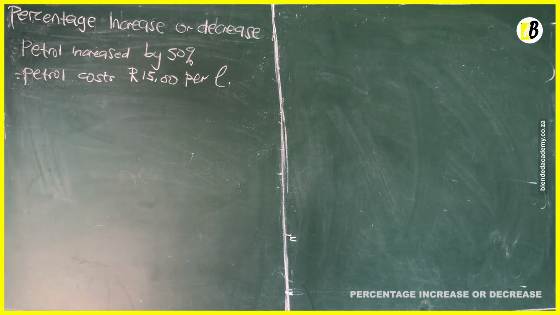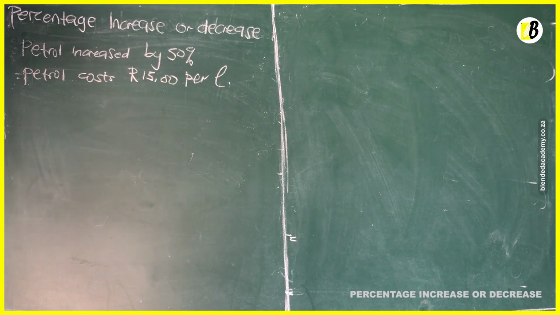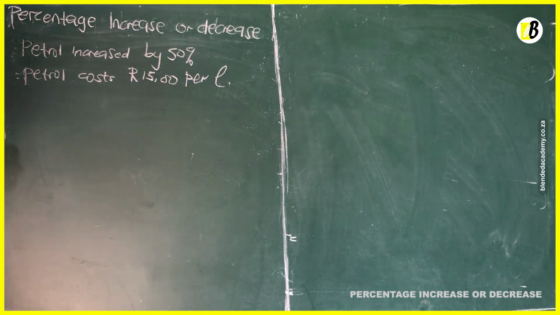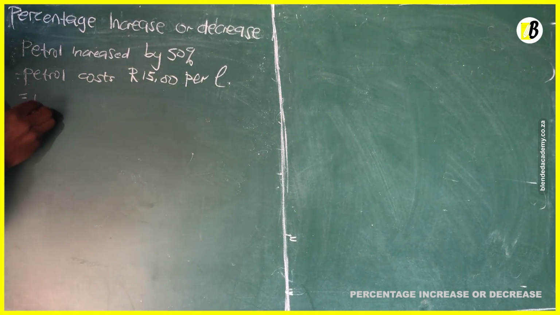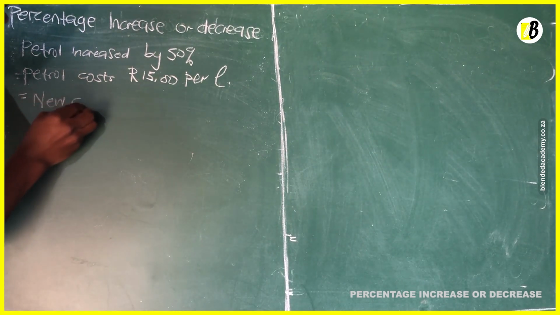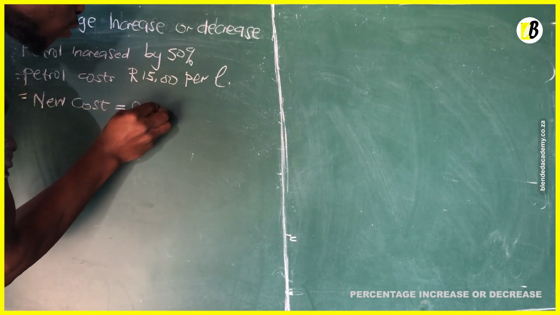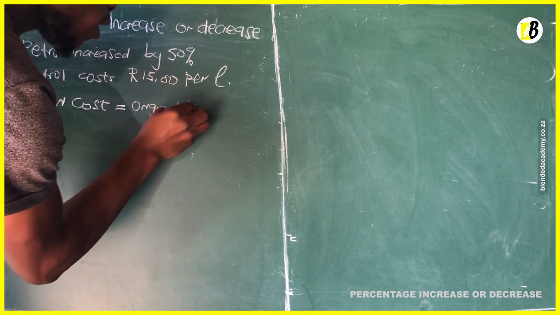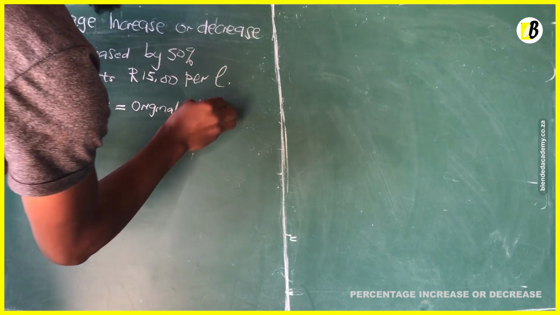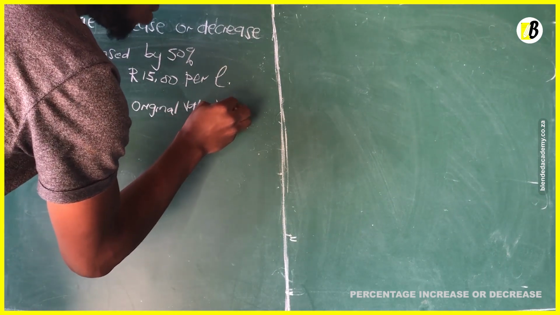So, you are being given a percentage that has increased for petrol, and then you have been given the cost of the petrol per liter. And the question will come like this. What is the new cost of petrol? Let's see if we can answer that one. So, what is the new cost? The new cost is equal to the original value multiplied by the percentage,